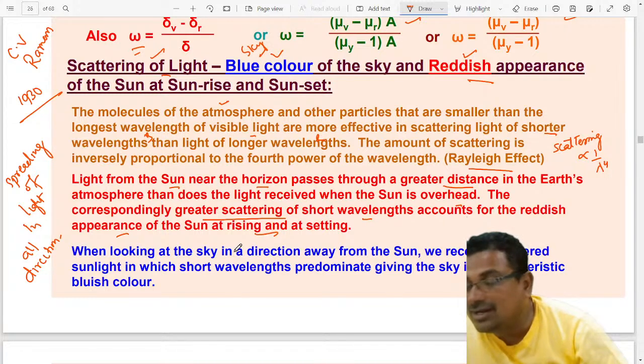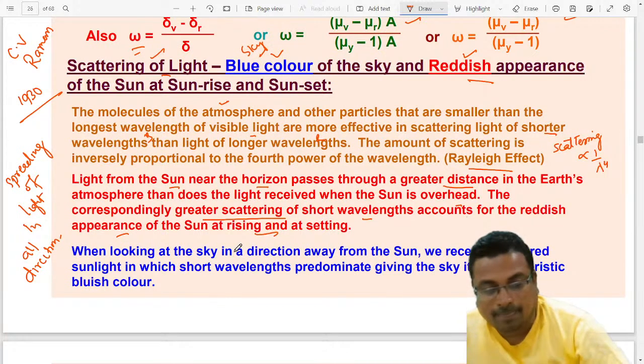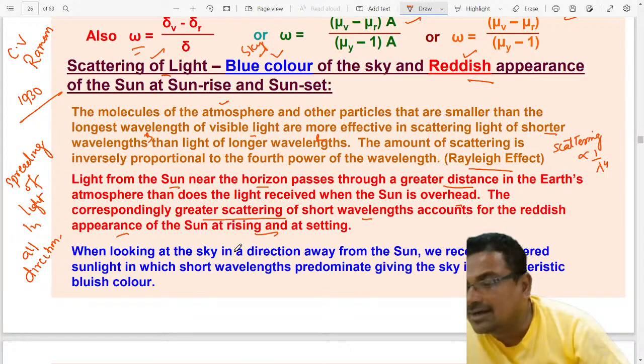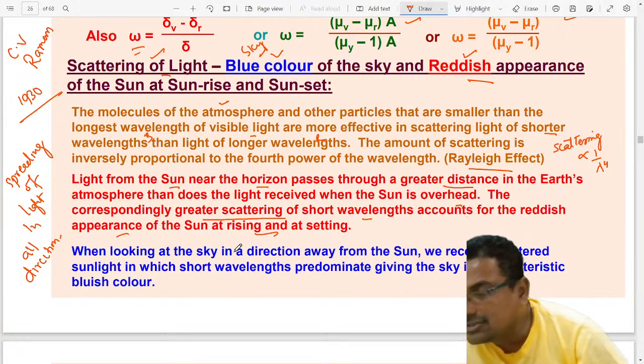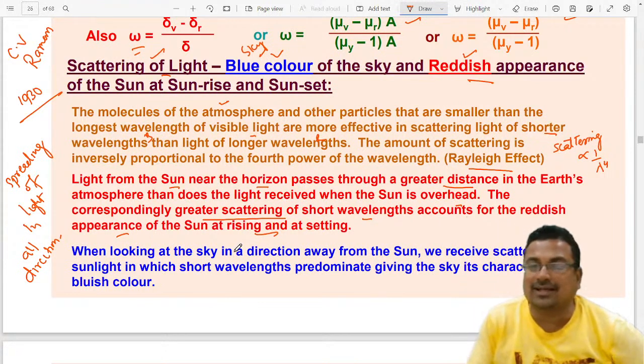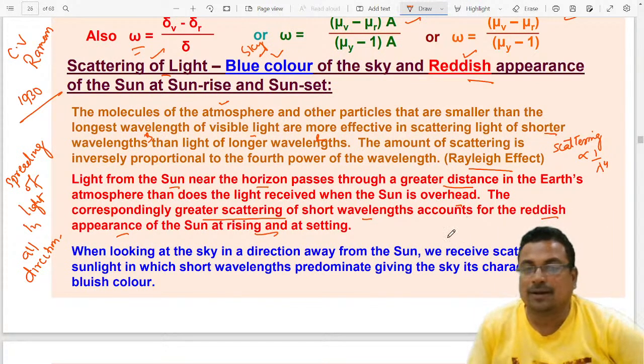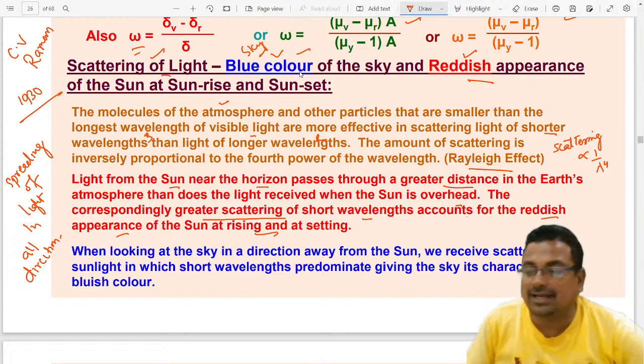The light travels a little longer distance. Blue color is scattered away. The red color is scattered less, and the red color reaches our eyes. That's why at sunrise and sunset it's the red color, because of scattering of the light